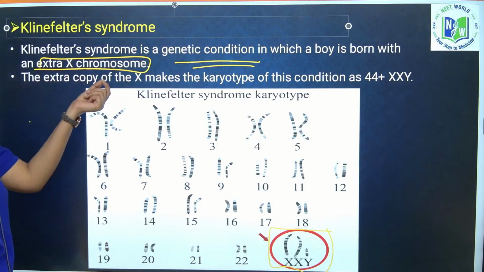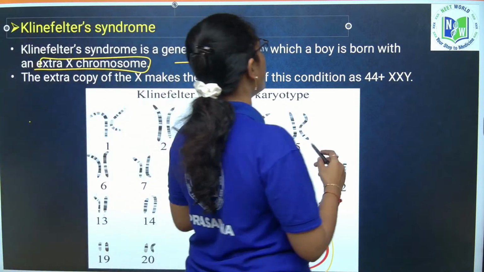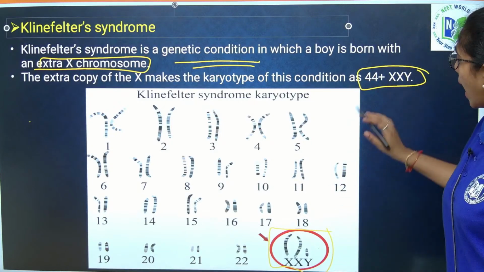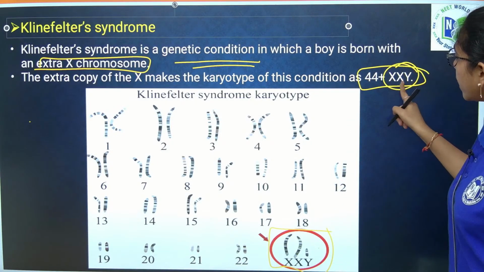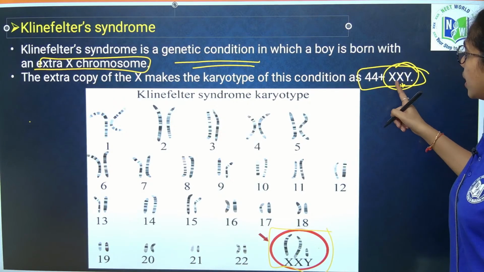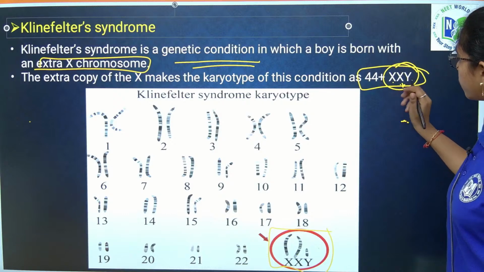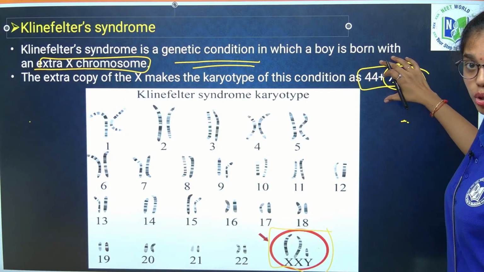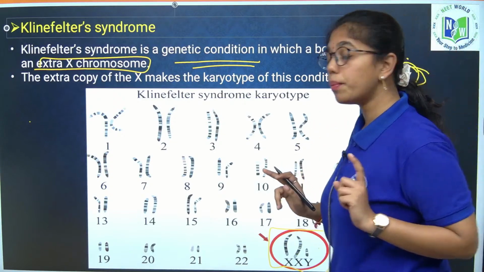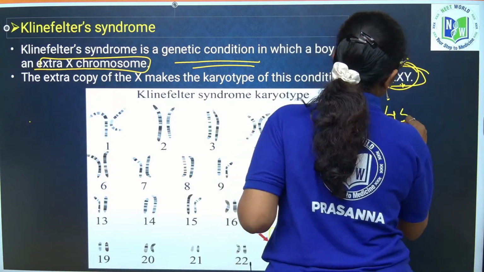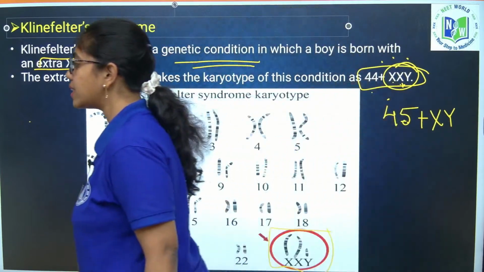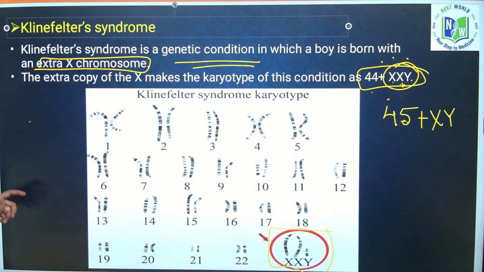The extra copy of X makes the karyotype of the condition 44 plus XXY. As the trisomy is there in the XY chromosome, the extra copy is in XY. That is why the genotype which you observe is 44 plus XXY. If it is Down syndrome in males, it is 45 plus XY. Now if you look into